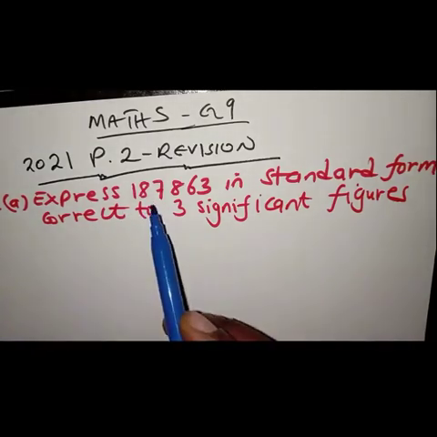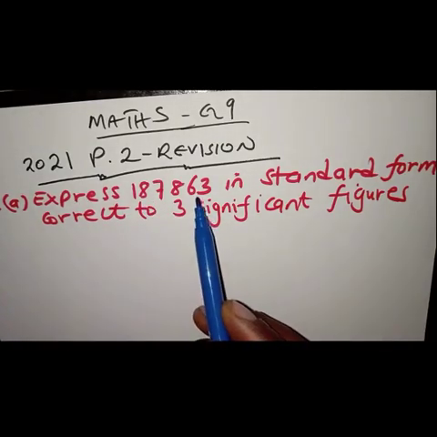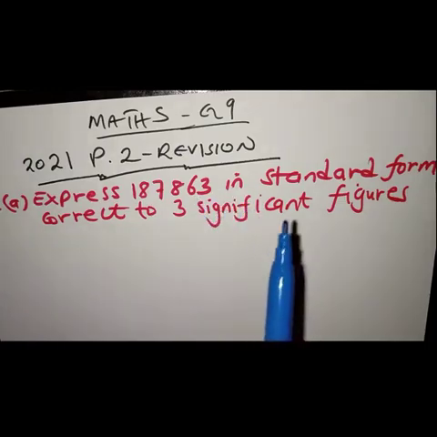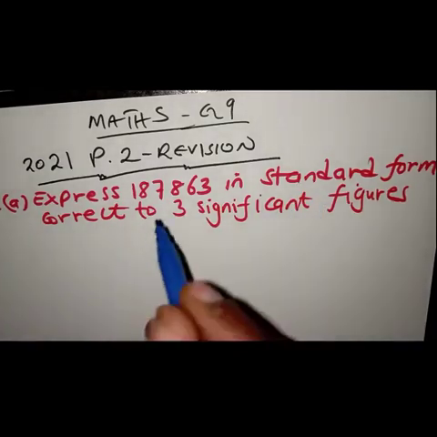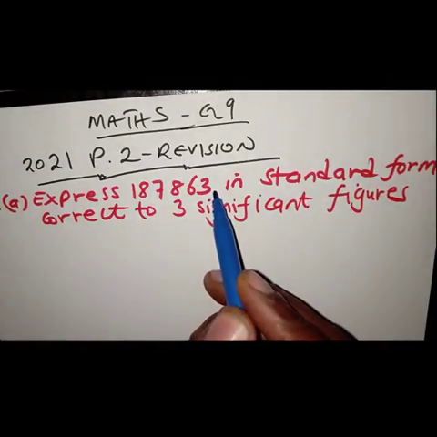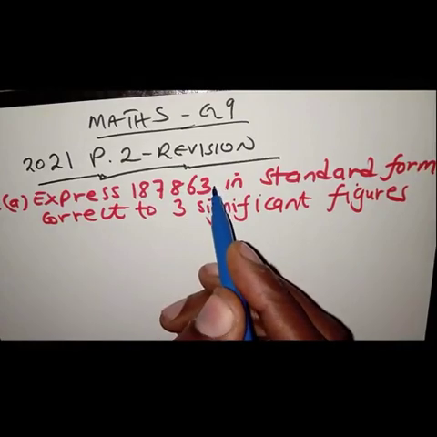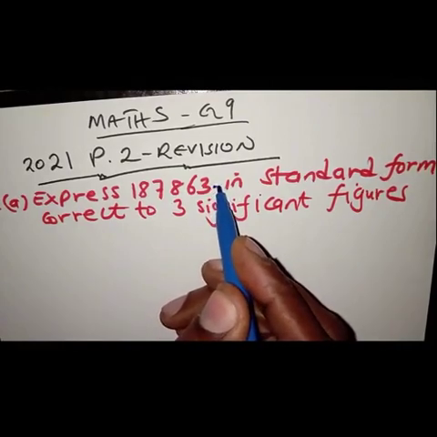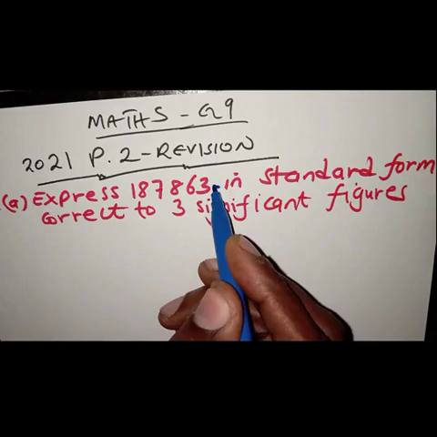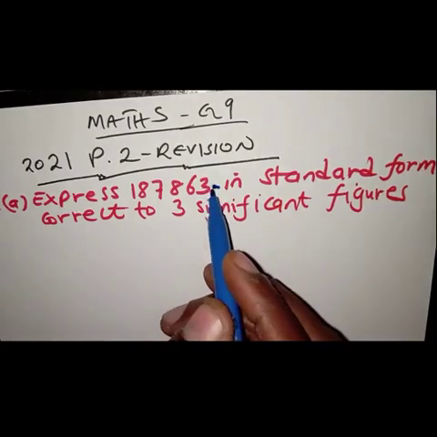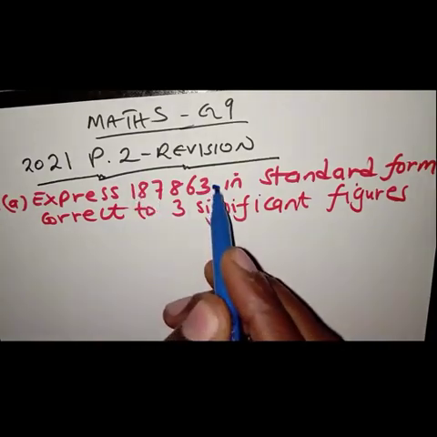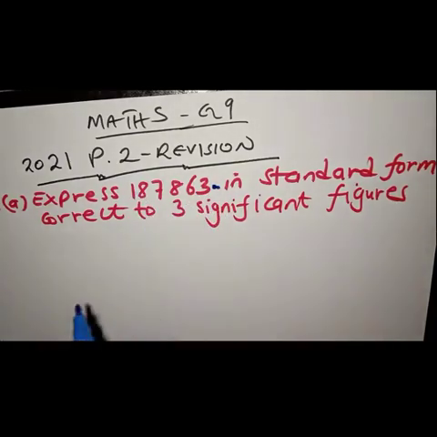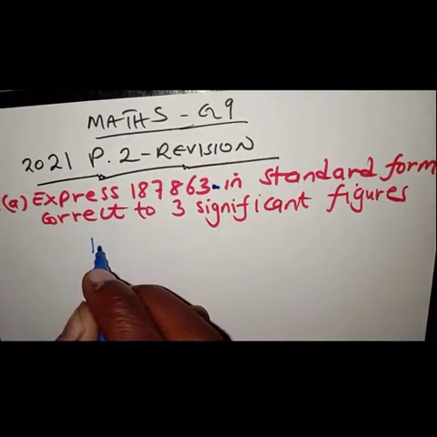As you can see, what we have been given here, they are all significant. So first of all, we need to round off. We need to express in standard form. Whenever you see a number without the decimal point, just know the point is at the end here. Then it means you need to move until you have one figure. This point should move up to here. So we write